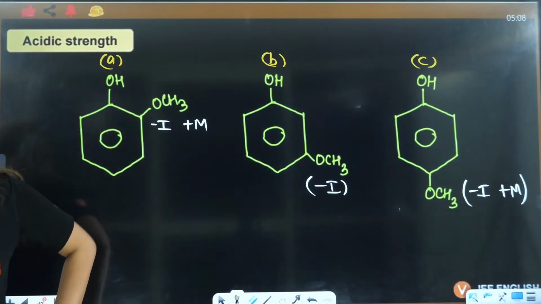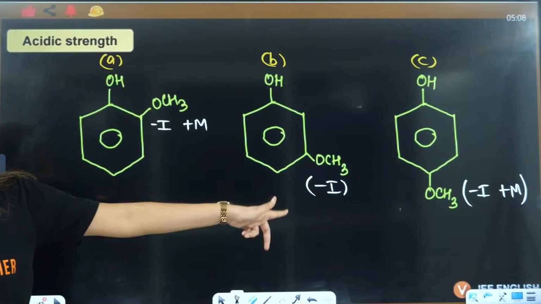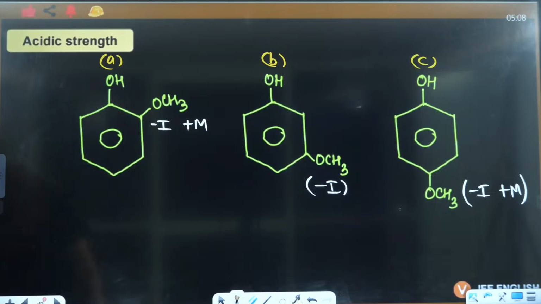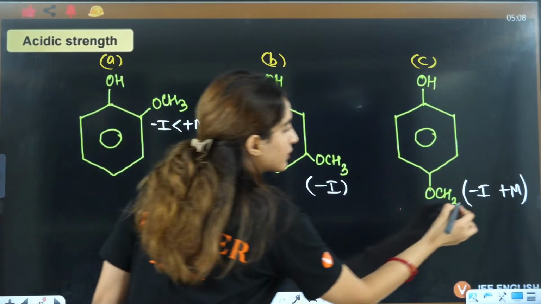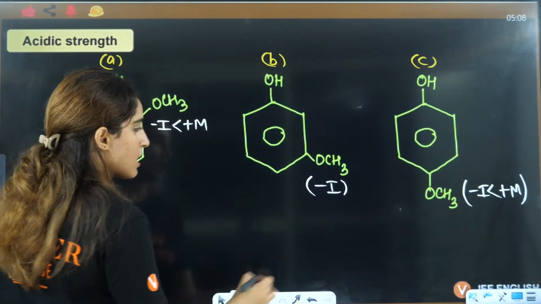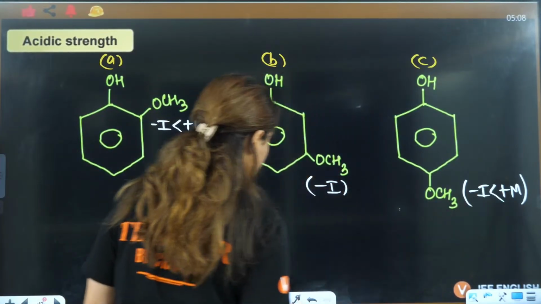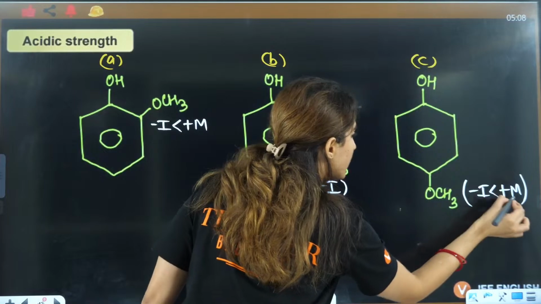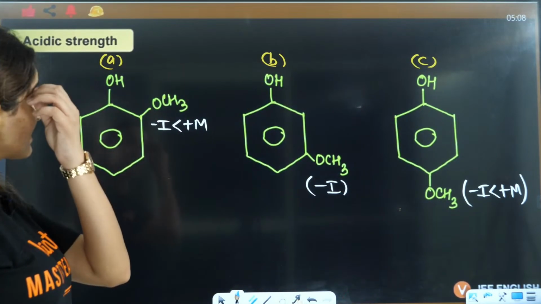Now tell me which one is stronger, mesomeric or inductive? This I told you in the starting of this lecture, right? Mesomeric effect is more dominating, right? In this case, mesomeric effect is more dominating. Now, if the mesomeric effect is more dominating, then firstly I'll see